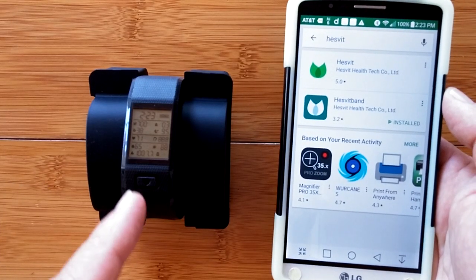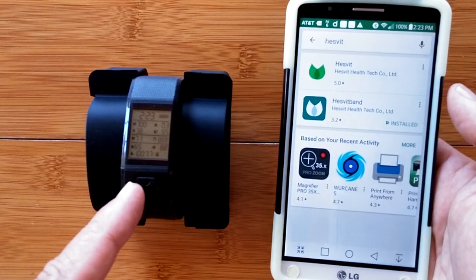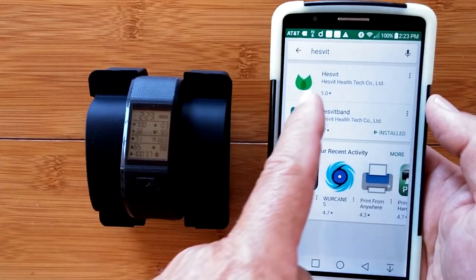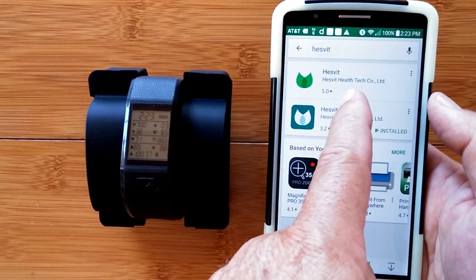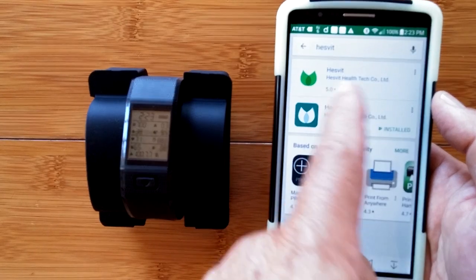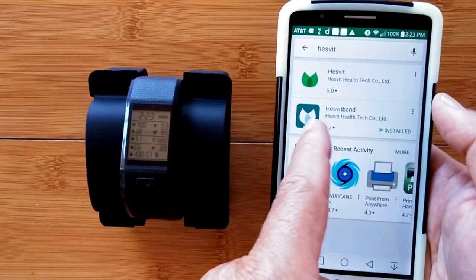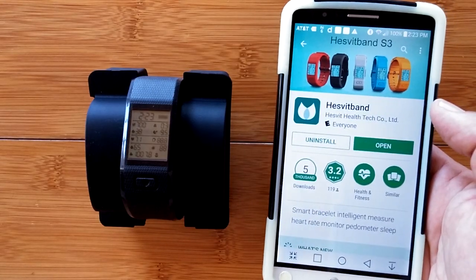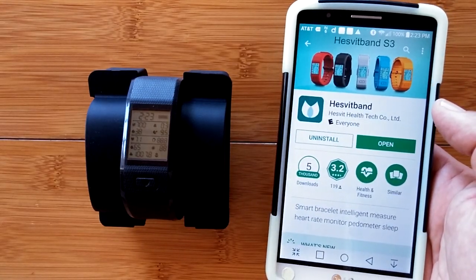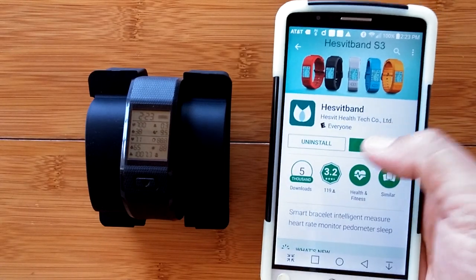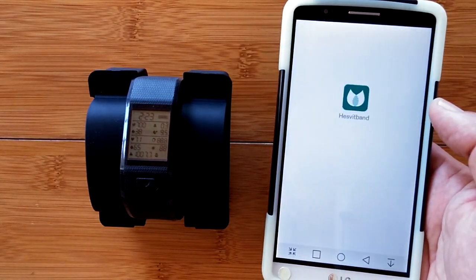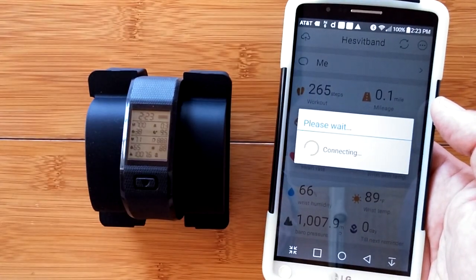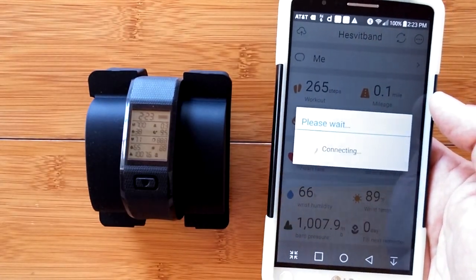It relates to this HESVIT band, and it's talking about using a different app. The QR code scanned in, and we showed you in the original review this HESVIT app, but HESVIT has this one called HESVIT Band. And so what I've done is I've installed this app and uninstalled the other one. I literally had to create a whole new account. Even the same account I had set up, I had to do a new one. So the apps apparently are tied to two completely different